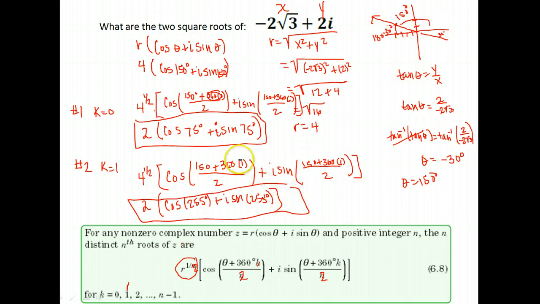Okay, so that's our value. We could use a calculator to go ahead and distribute the 2 and calculate each of those. But for now, we're just going to leave that. 2 cosine 75 degrees plus i sine 75 degrees, and 2 times